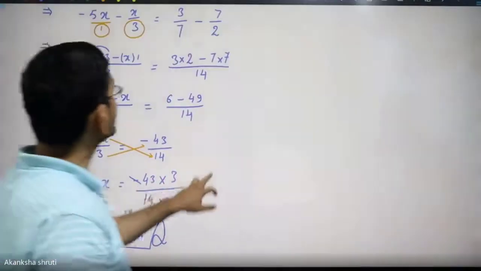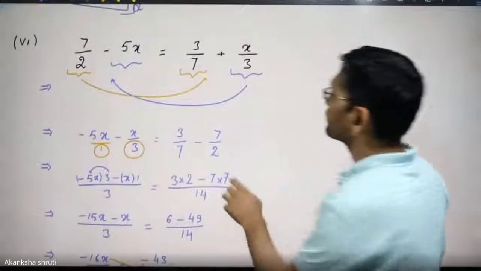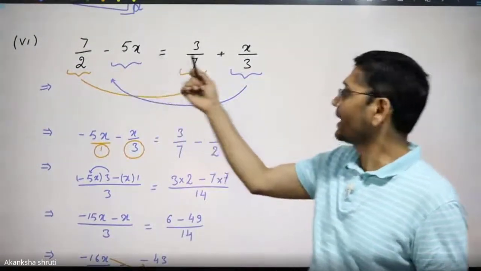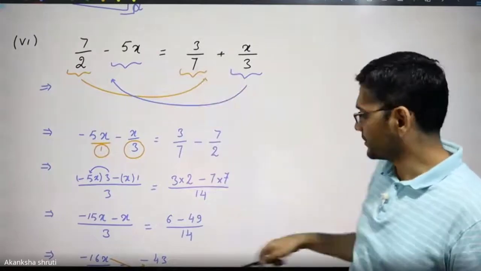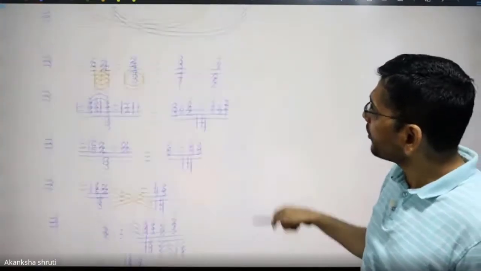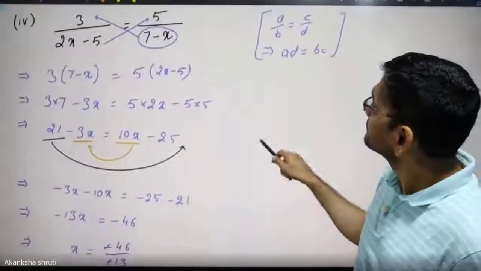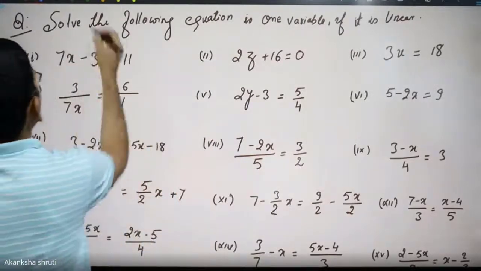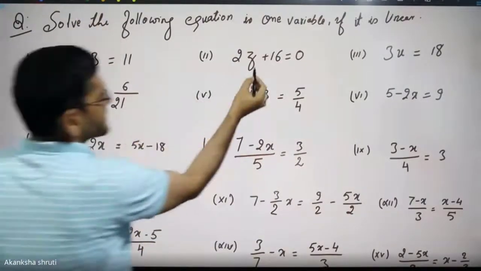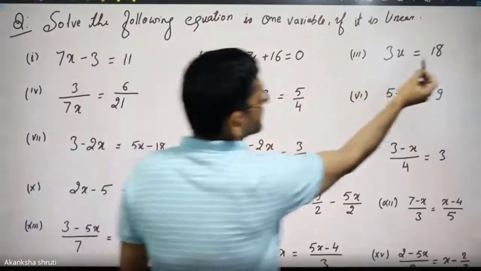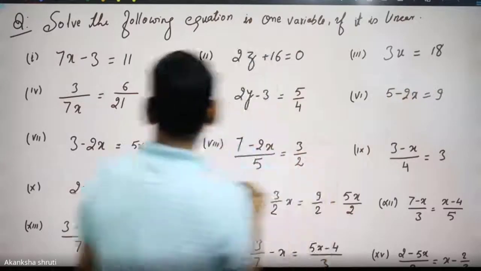So this is how to solve the equations if the variables are distributed differently and if there is some fraction. Okay, students? So this way I have covered all the concepts, and based on that, whatever questions I have given, now I hope all of you are able to do. Students, the questions I have given are very simple. Z is equal to minus 16 by 2, minus 8. U is equal to 18 by 3, 6.